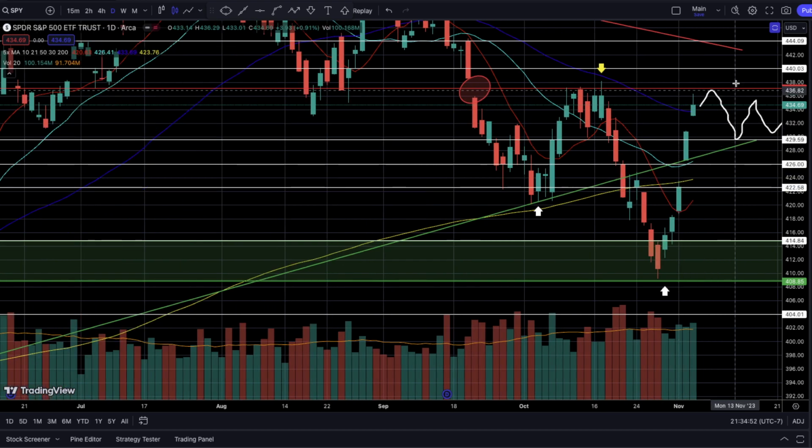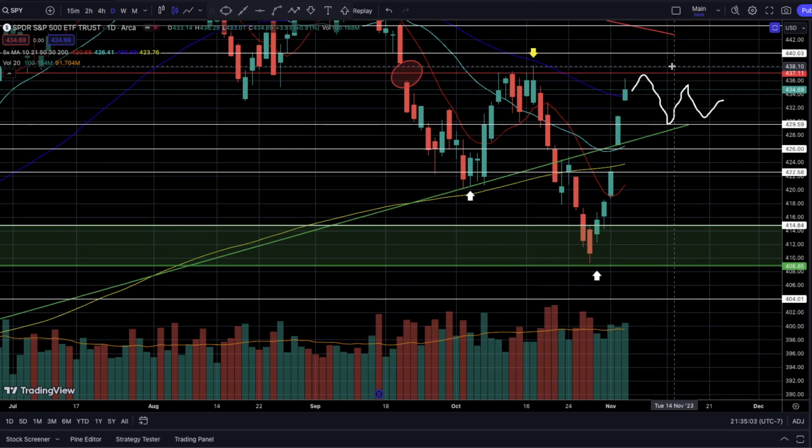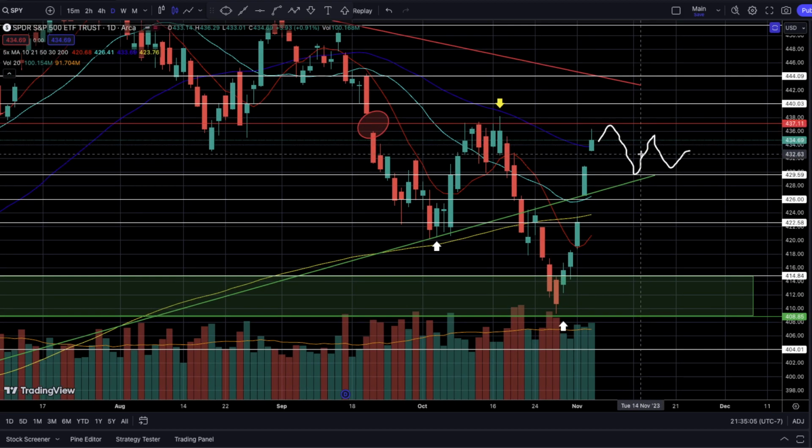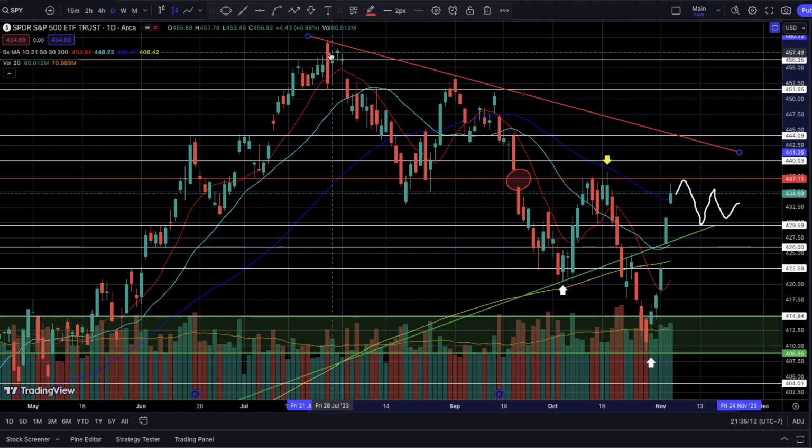All right, so those are your levels that you need to be looking out for, and potentially for a bigger picture, if we decide to consolidate between 429.50 and 437, we should be forming some sort of a small bull flag, and then we can start moving higher, and again, retest this macro descending trend line that we've started since we hit the highs of this year at 459.44, which I think I've been saying many times, to make sure you guys know that the high of this year is at 459.44.